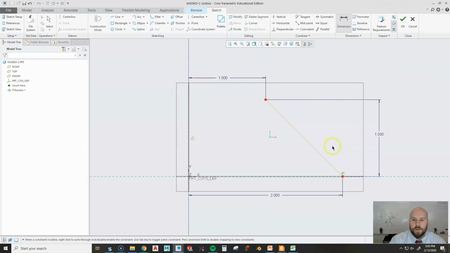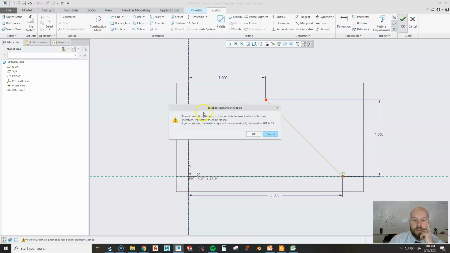Now here's where it gets confusing. This is all I need to draw. Okay, and it's a little confusing because there's red dots here which usually indicate that your sketch is incomplete, which is what Creo is going to tell me. So if I hit OK, it's going to say, hold on a second, there's no solid geometry here. And I'm going to say OK, because it's going to automatically change what I'm creating to